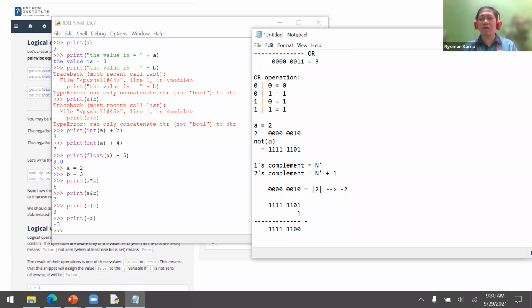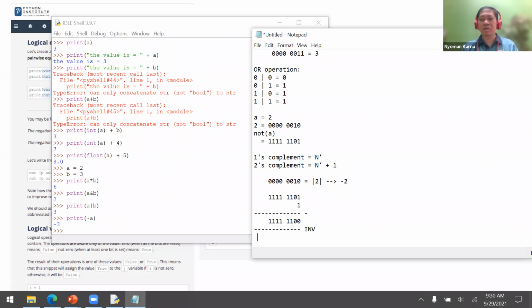Then we inverse, so it will become 0, 0, 0, 0, 0, 0, 1, 1. And this has the value of 3.